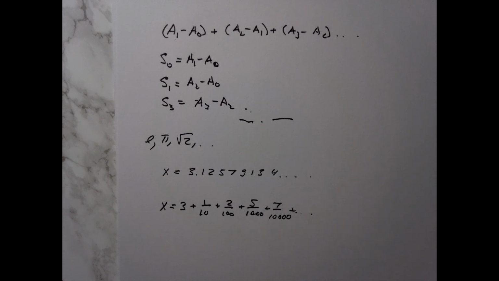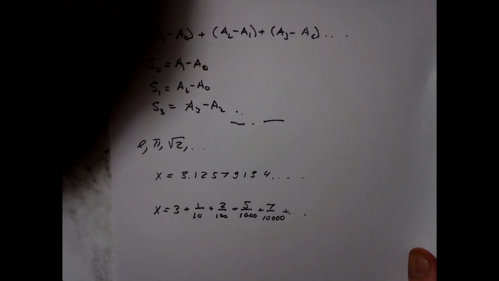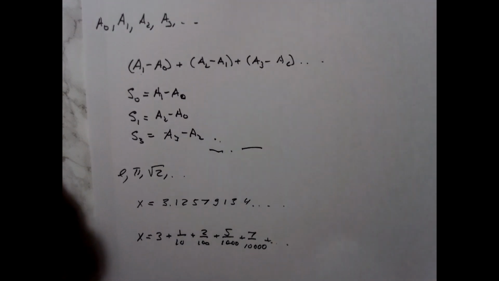So this is just one application of the series, or one way to look at the series, that you've really been dealing with all your life without knowing it. Okay, so that's a short introduction to the notion of series, and now let's start doing a little bit of